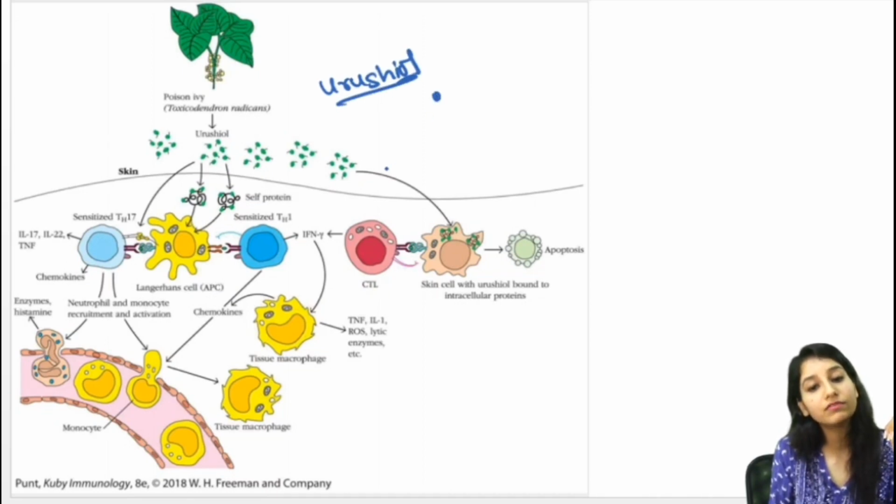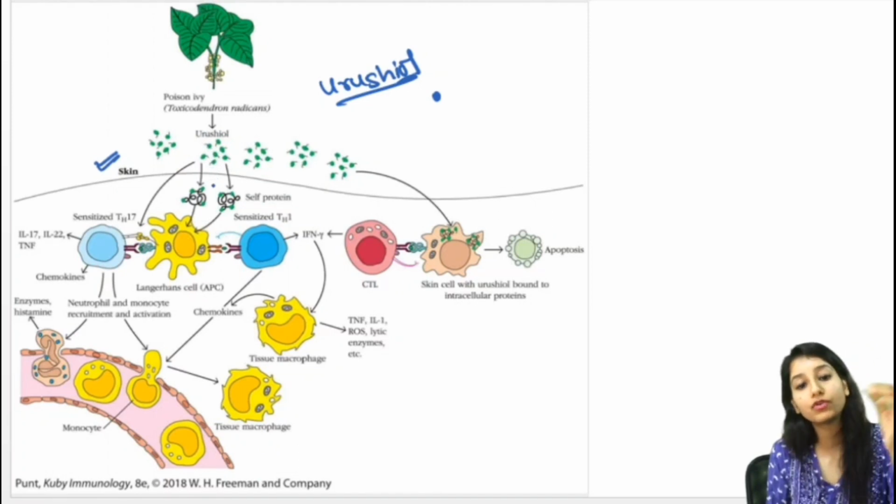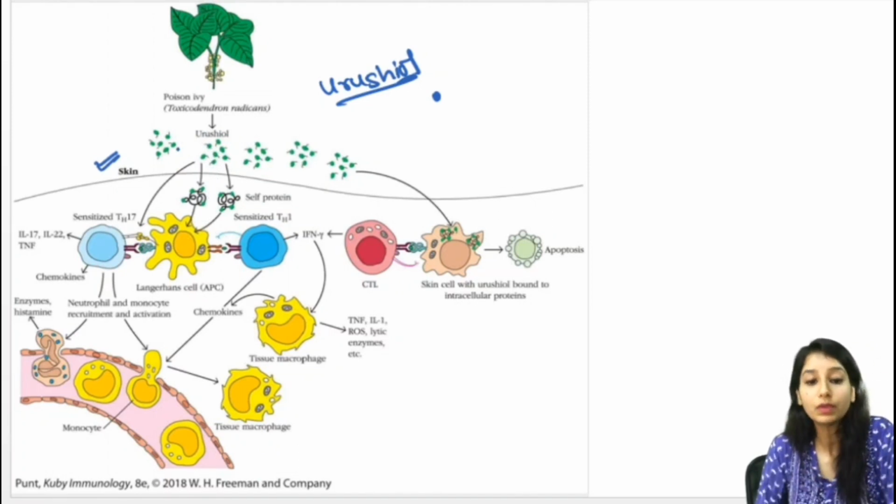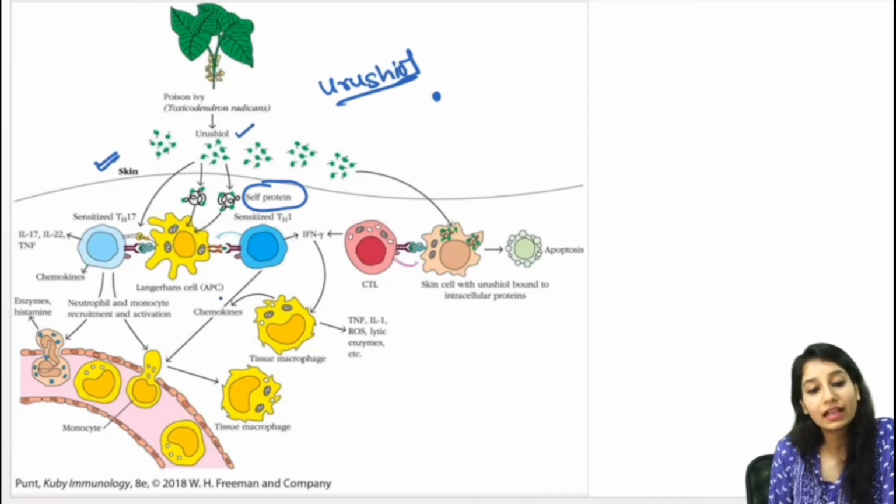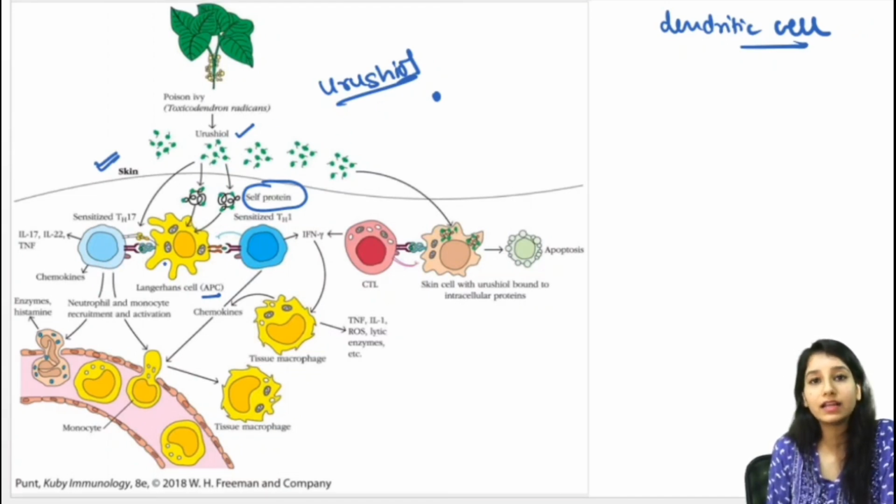Now how will this chemical work? First of all, we have touched it with the skin, so our skin is present. Then this urushiol will come into our skin, in our dermis region. Here some proteins are present that are our own proteins. Some self proteins will be present in our body. They will come and bind with the self protein. This self protein with the urushiol will be taken up by APC cells, for example Langerhans cells. What are Langerhans cells? Langerhans cells are dendritic cells that are specifically present in our skin region. So our self protein with the urushiol will be taken up by the Langerhans cells.